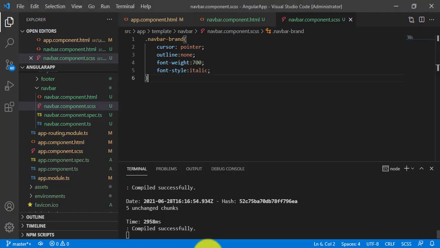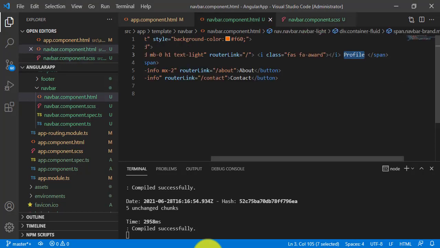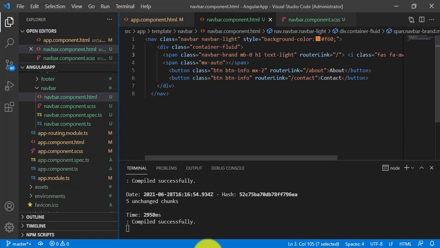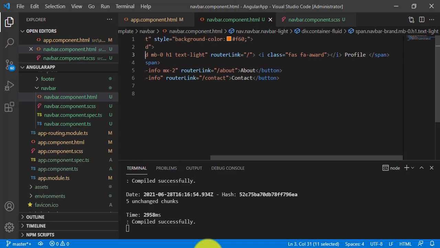This class we have called in our navbar.component.html file. I'll show you. For the profile option, I mentioned span class navbar-brand here, and this corresponds to our profile page.